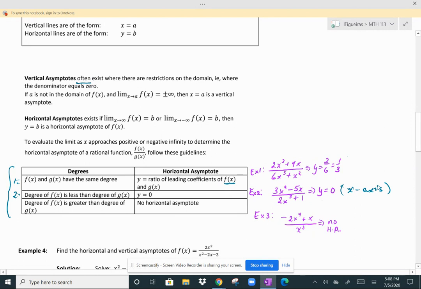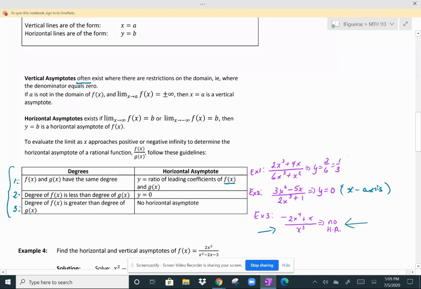And then our last possibility is if the degree of f of x is greater than the degree of g of x. In other words, the numerator's degree is larger than the denominator's. So here's our example. I have a 4th degree polynomial in the numerator, a 3rd degree polynomial in the denominator. Because the numerator's degree is larger than the denominator's, there is no horizontal asymptote